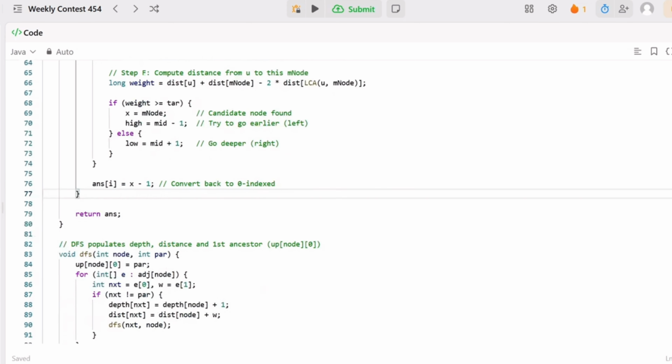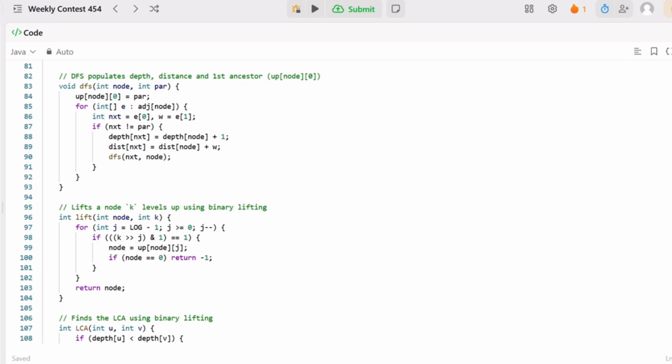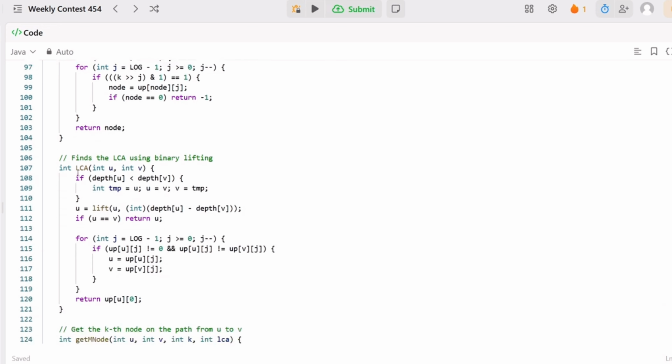Now understand the LCA function, right? Where is the LCA function here? Okay, so in the LCA function, we want to ensure U is deeper, U and V, right? So we have to find the LCA using binary lifting, right? So now how are we going to do that, right? Let's suppose you just check this, means U should be deeper, right? And for that you will get the lift of U, and you will just check, right? These things you will return, right? It means if